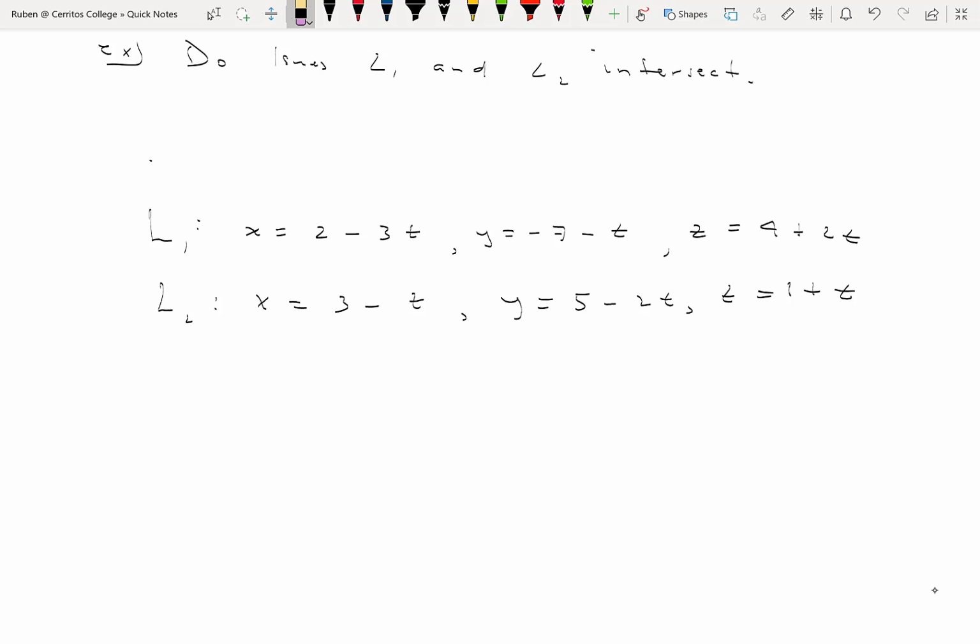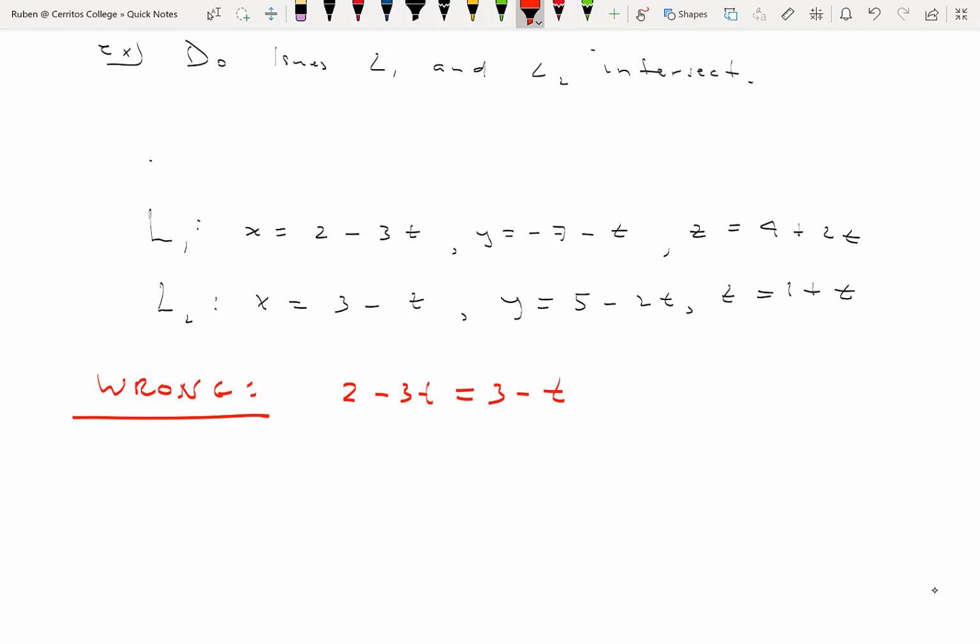So here are two sets of equations for lines. It's common for students to do this. And so I'm gonna write this as wrong. To determine if these lines intersect, it's absolutely wrong to assume that, for example, 2 minus 3t needs to equal 3 minus t. And the reason why this is incorrect can be seen if you think back at t as